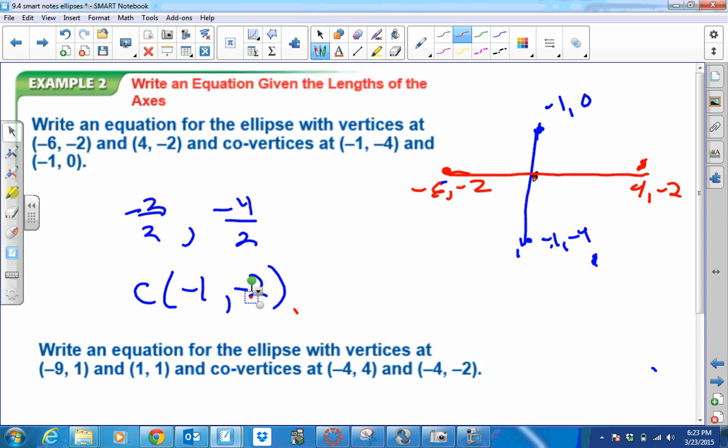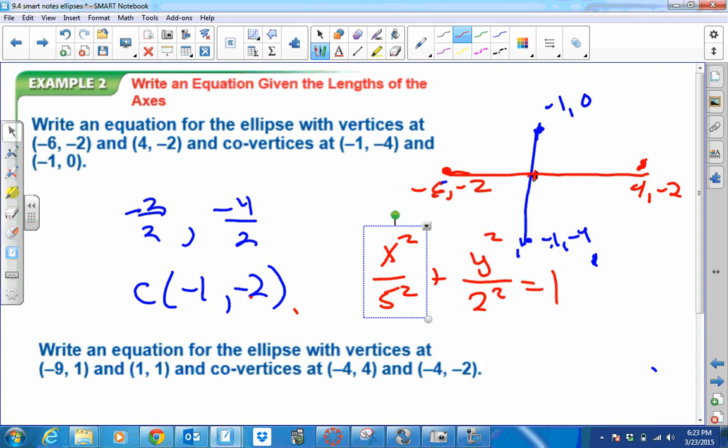So now let's figure out what our a and b are. How far do we go in the x direction? From -1 to -6. We go 5. So we have x squared over 5 squared. How far do we go in the y direction? From -2 to 0. We go 2. Remember, distances are always positive. So you're always looking at the positive distance. And there's my equation